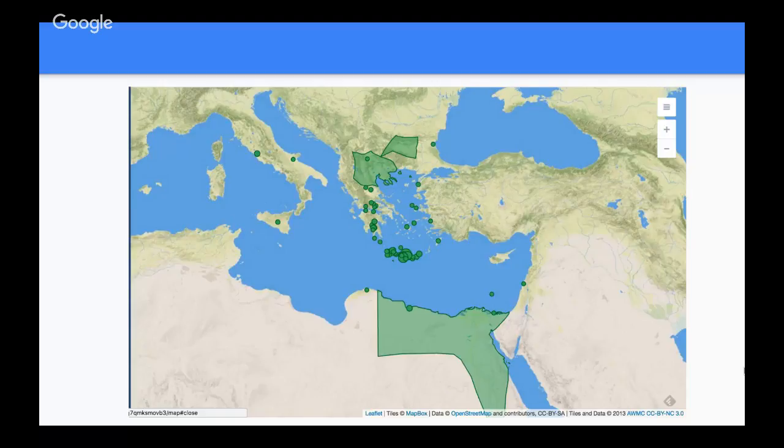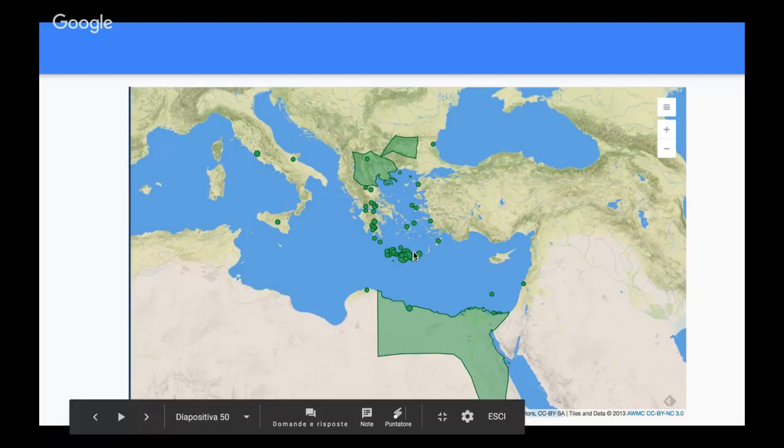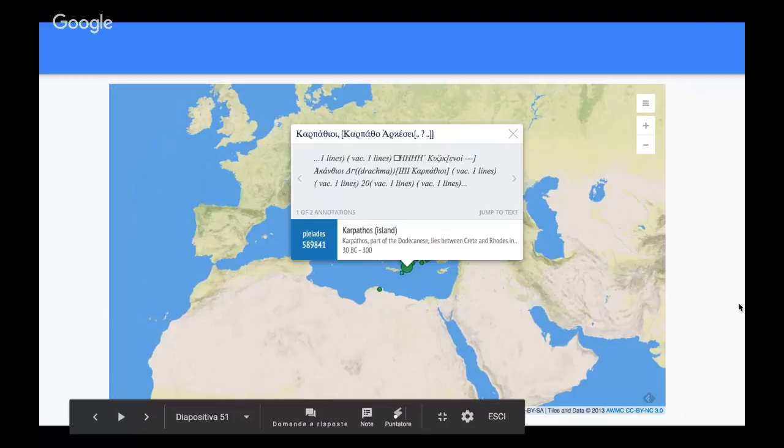And of course, on Recogito itself, you can have an idea about, for example, the frequency of mentions of specific entities, because depending on the big bubbles that you have here on the sides, you will have an idea of what's mentioned more frequently and what's mentioned the least frequently. And of course, you will be able to contextualize the annotations immediately.